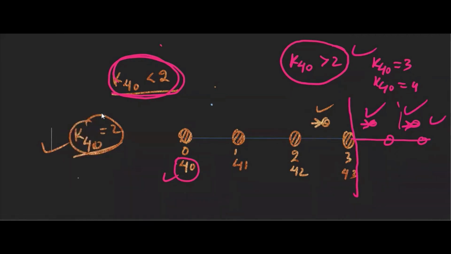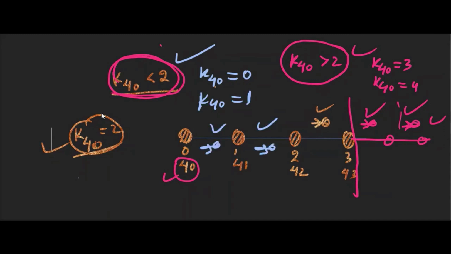K40 greater than 2, K40 less than 2. K40 less than 2 means K40 is equal to 0, K40 is equal to 1, because it starts from 0. So these are the two cases. What is the probability that the person will either die here or here? That will be K40 less than 2. This will be K40 greater than 2. And this one, K40 is equal to 2. Okay. Now,